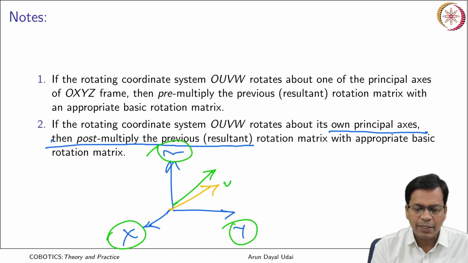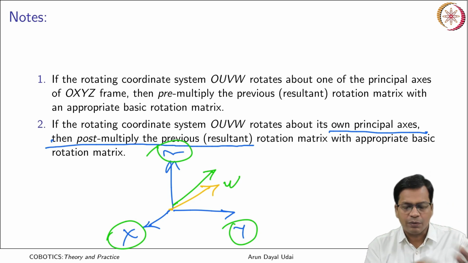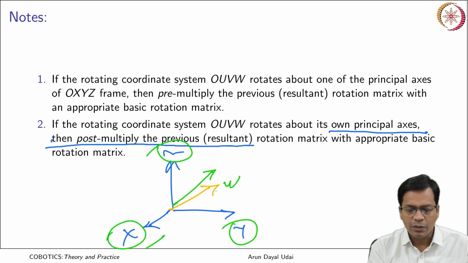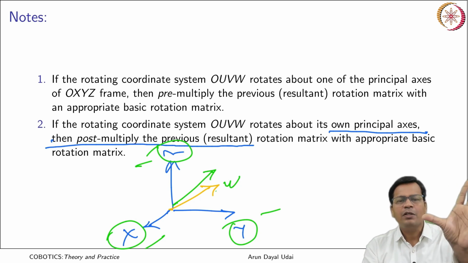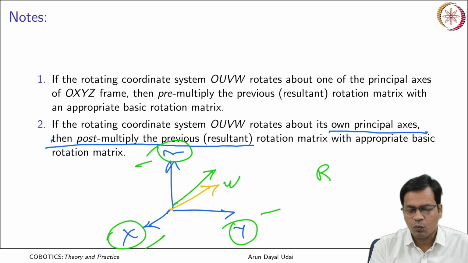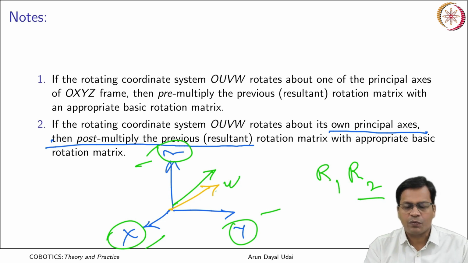Wherever it is standing, it has rotated, it came to a new point. From there you did another rotation, not again with respect to the principal frames, you did rotation with respect to the new frame after the rotation. So, first rotation has happened, from there you have rotated again by a certain angle. So, this time it would be a post multiplication. So, rotation 1 and you post multiply and that becomes your second rotation, and in this case it is in the relative reference frame, not in the absolute reference frame.